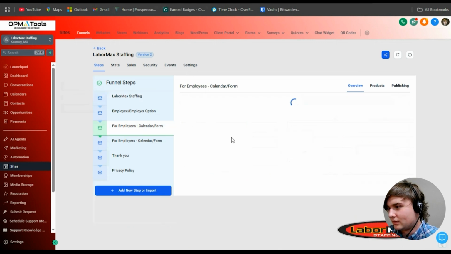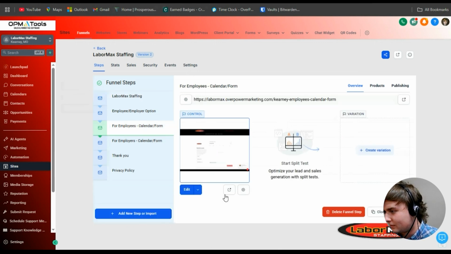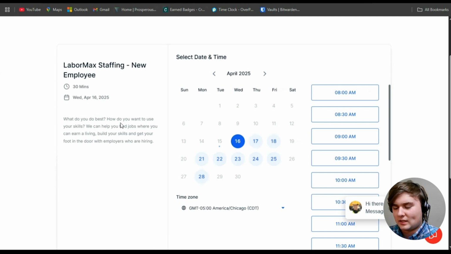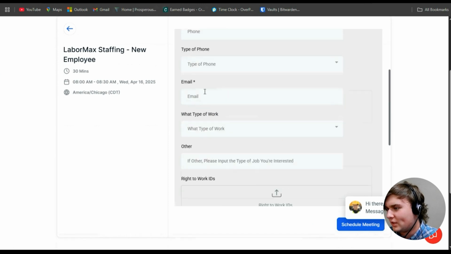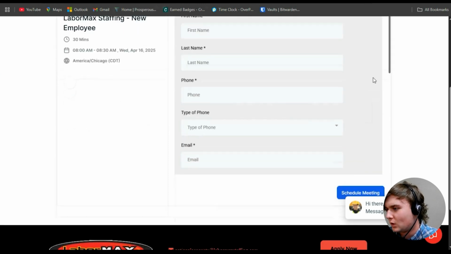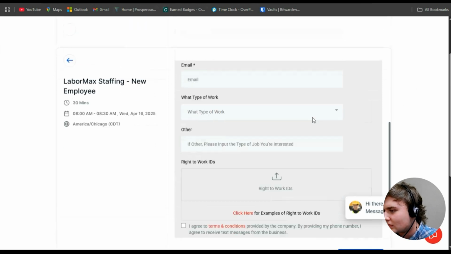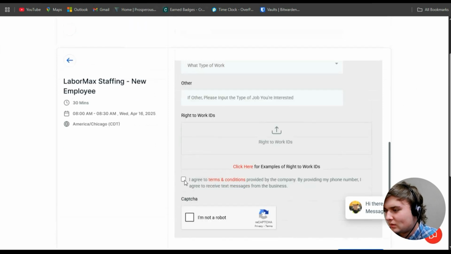So going through the calendar form, right here we are presented with the actual calendar, which is required for the A2P. Let's select the time. Then we fill out our information. You need to make sure that you have the form available. And here at the very bottom, you need to